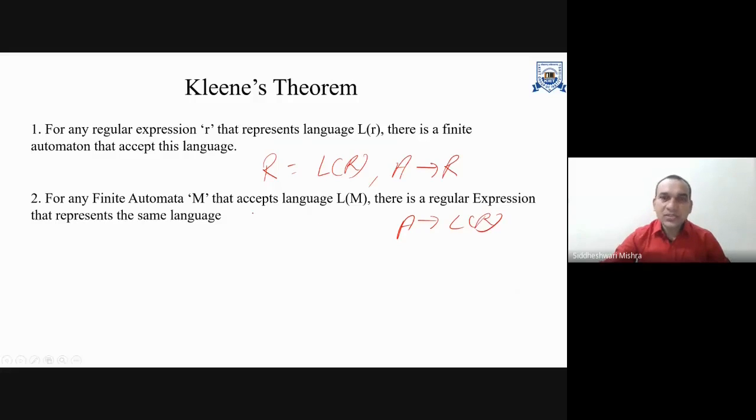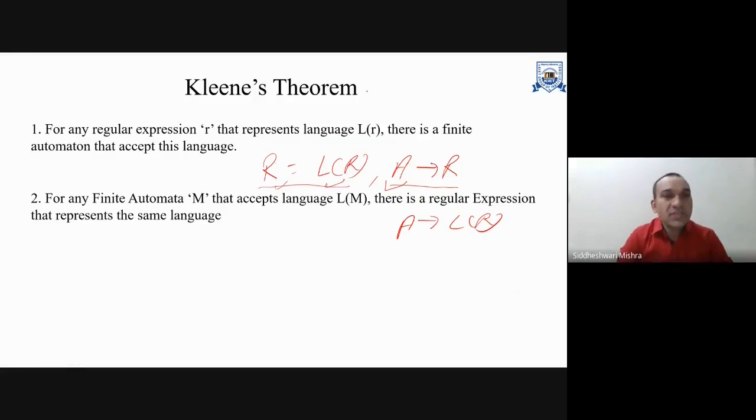So that means Kleene's theorem states that there are three terms. One is your regular expression, second one is your regular language, and third one is your automata, that means the state diagrams. So if you have any one of these, then you can convert it into any one of the others. So this is the basic